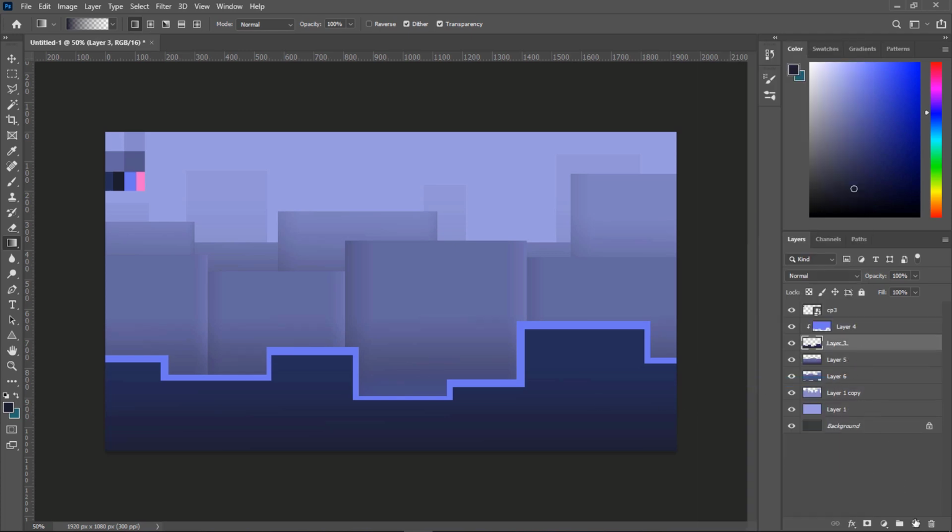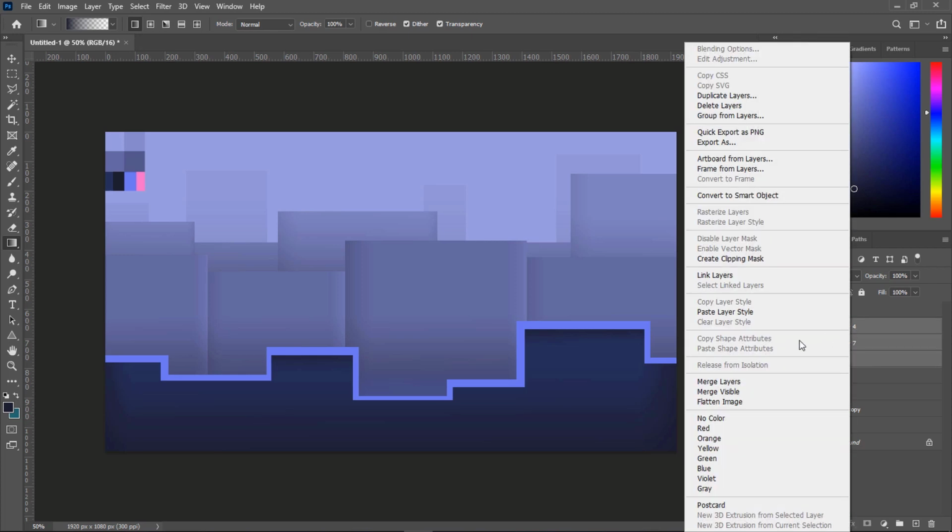Alright, this is our ground. Let's make another layer which is gonna be a child. Let's choose our darker color. Alright, let's grab the gradient tool. Let's make a small gradient here. Let's choose the rectangular marquee tool. Let's make a selection here. Choose the gradient again and make a bigger gradient. Click Ctrl D to deselect it. Also, we can make a gradient from the sides. Now we can merge our grounds layer,